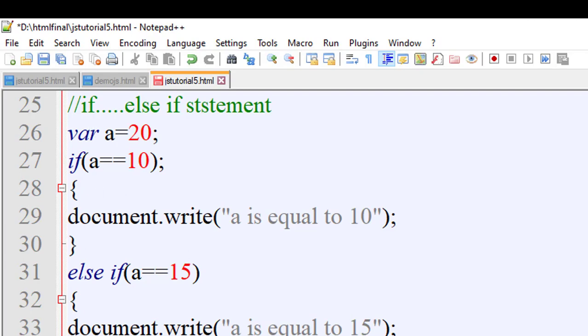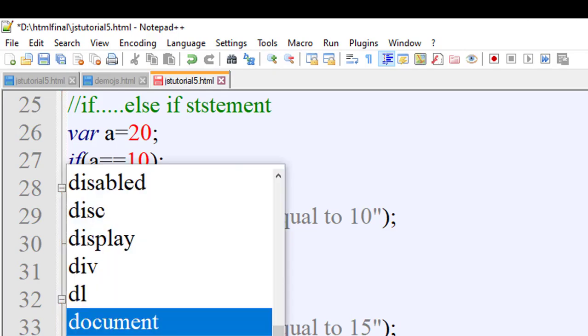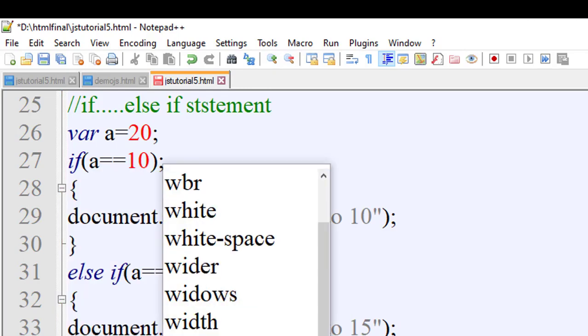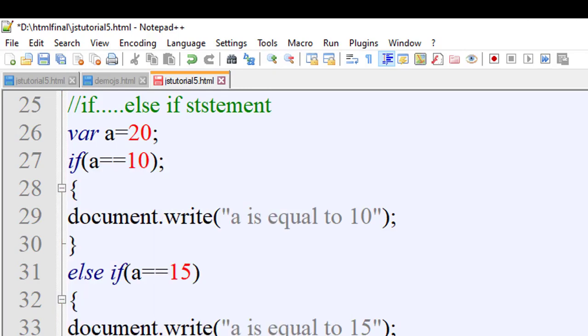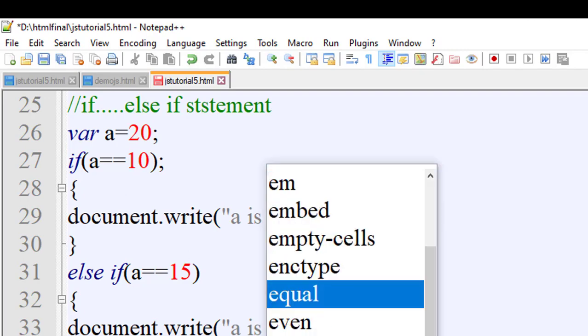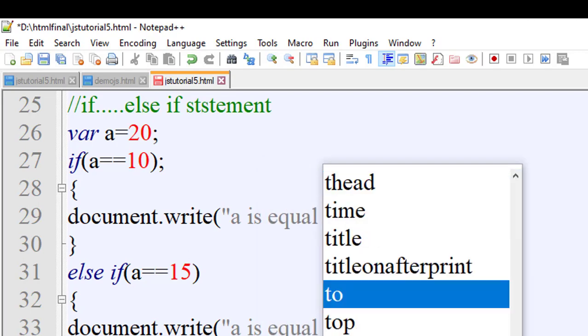Okay, a equal to 20, then document.write in parenthesis, in double quote, a is equal to 20.